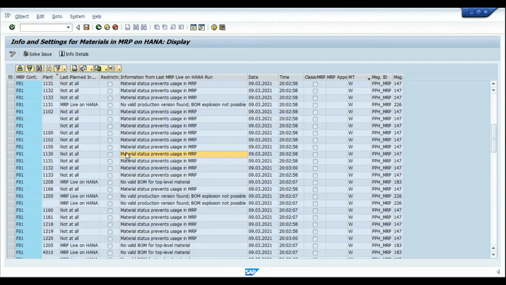So if I choose the material over here or the message and click on solve issue, then it is going to navigate me to the issue where it actually has occurred in the material. In this way, the MRP Live is going to help the planner in the SAP S/4HANA.